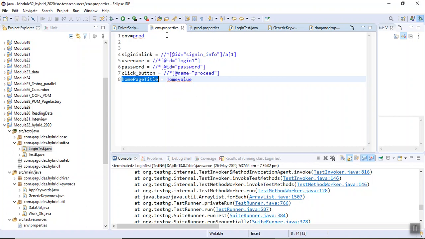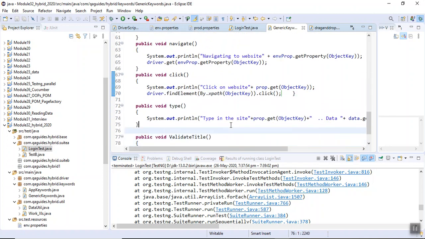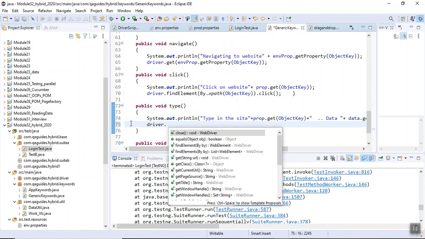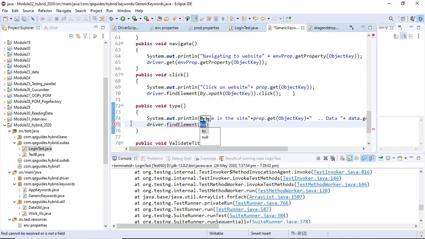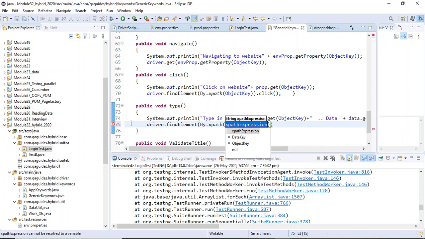And in our type function, driver dot find element by dot xpath.